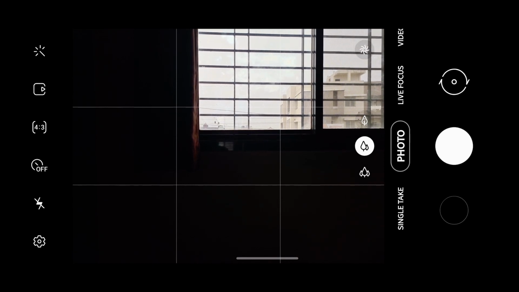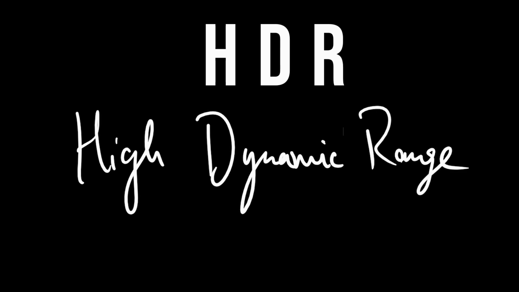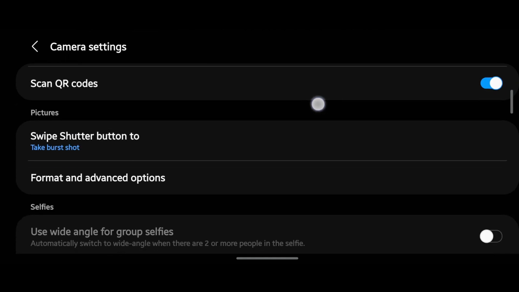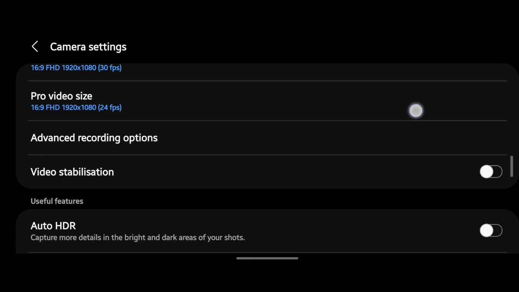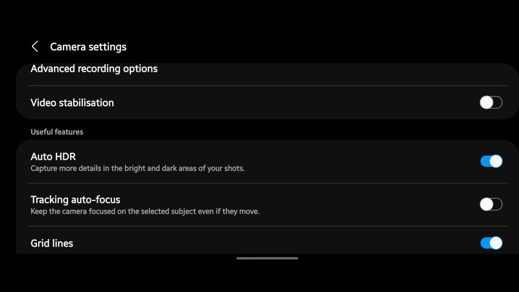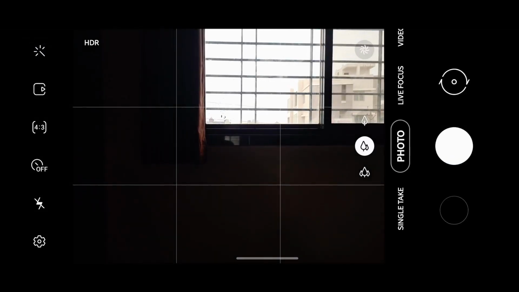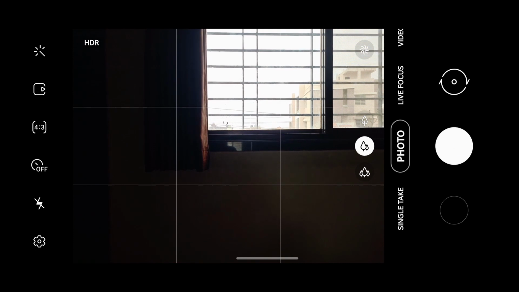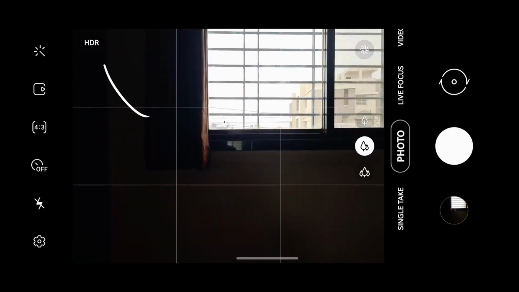Now this can be improved with the help of HDR. HDR stands for High Dynamic Range. Now if I just go into the settings here and turn on the auto HDR, you can see here that the camera detects the scene exceeds the camera's standard dynamic range, and it will enable the HDR automatically, as you can see here.